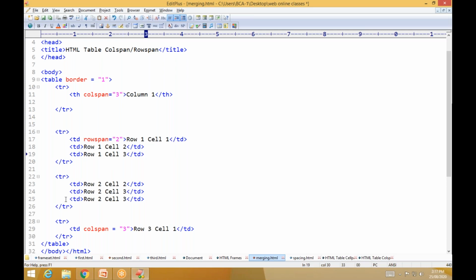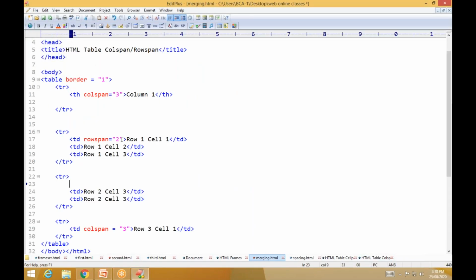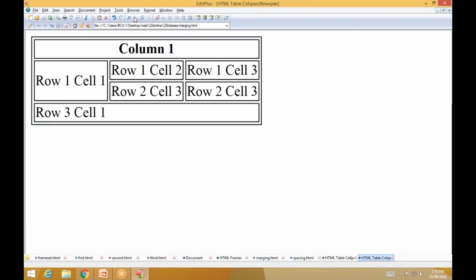Then after that you have to remove this one, because in the third row it is also merging, so we have to give only two table data definitions. So for that, rowspan equal to 2, then save. Okay, browser edit. See now the two rows become one row. If you want to merge these two you can merge. So this is all about how to merge column wise and row wise in a table, right? This is what rowspan and colspan do.